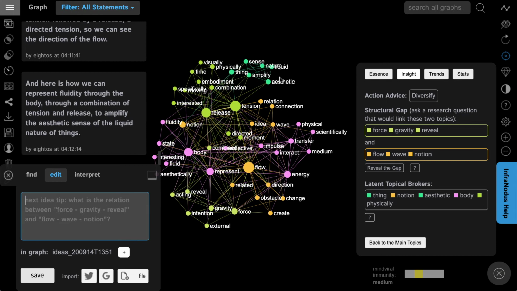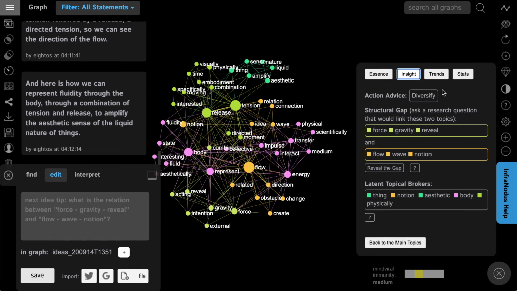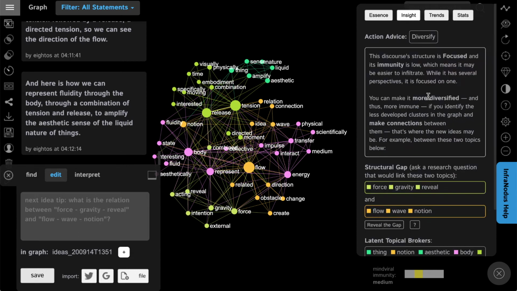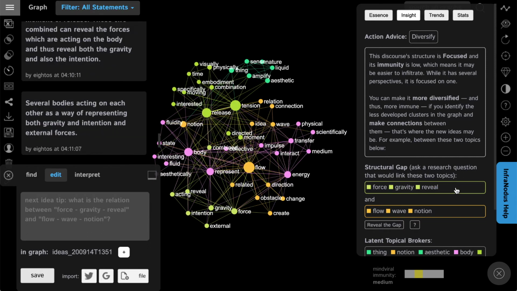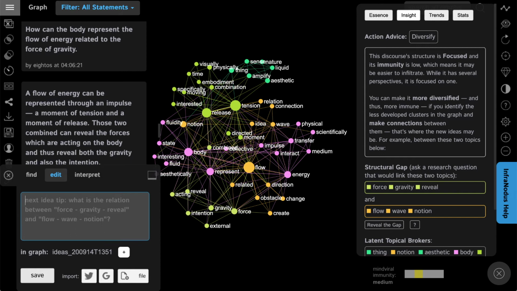Okay, so now we have a much more diverse discourse, but it's still quite focused on the flow, tension, and release. So let's try to explore the periphery, how it's advised here, diversify. It says that we can again try to focus on making the links between force of gravity and flow, wave, motion. So for example, we can say that a flow